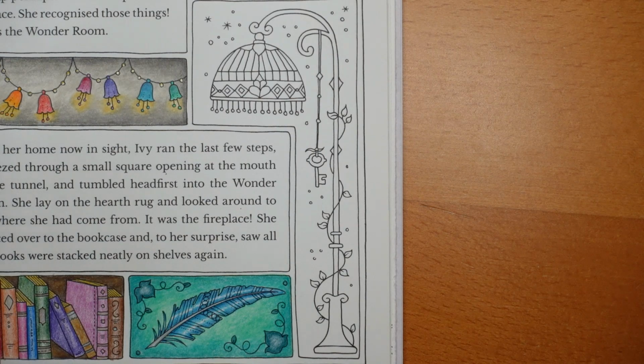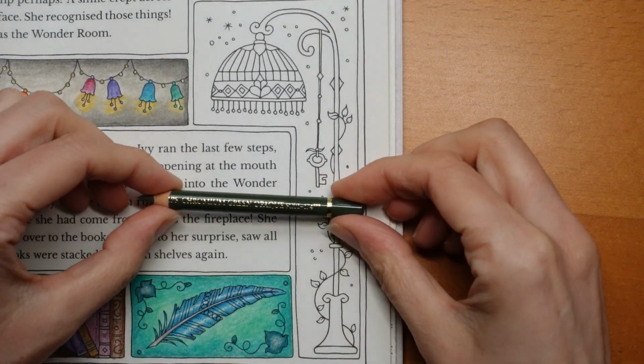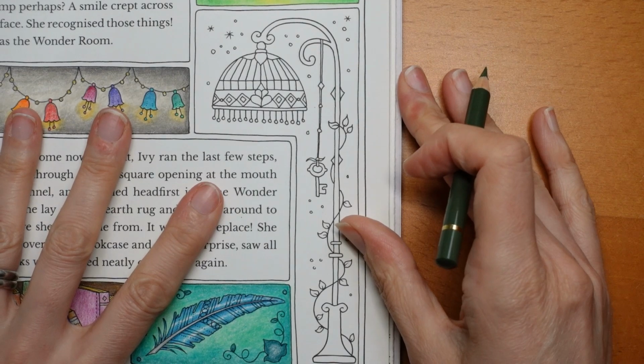colouring. Oh, I've left a pencil out. I'll pop that away, or I'm going to get confused. But for me, trying to decide what colours to do it, oops, I just got sharpenings all over the desk. So starting with the leaves, I'm going to use the Chromium Green Opaque. Hard for you to see, I'm quite zoomed out. I want to keep the whole page, the whole thing in shot,